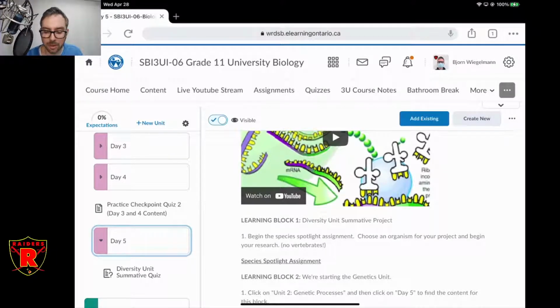Okay, it's also outlined if you click on the assignment. It goes through, and there are headings for each section explaining what goes in each section. And you can also look at the rubric. The rubric explains what I'm looking for in each section. In fact, I highly recommend that you do look at the rubric because that's what I'm going to use to mark it.